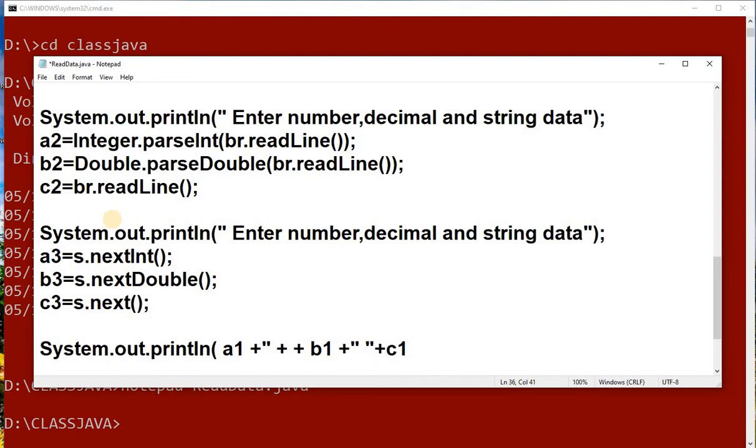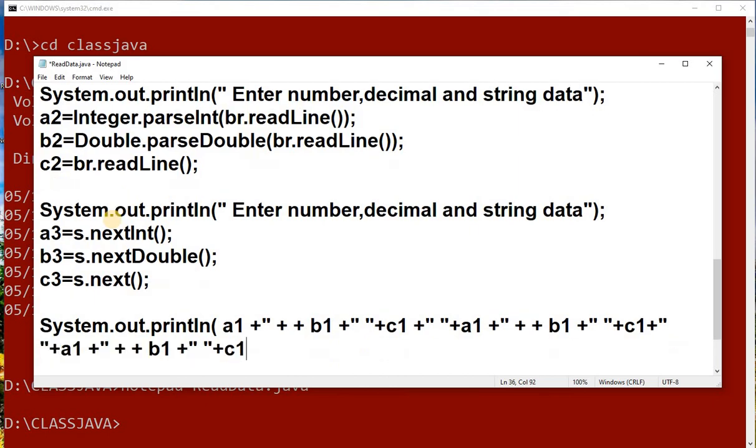We'll do one thing. I will write here plus, so that there will be no confusions. Plus again, then I will copy the same thing here, paste here, then plus again and paste here.